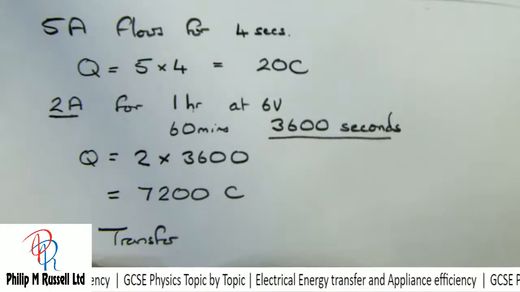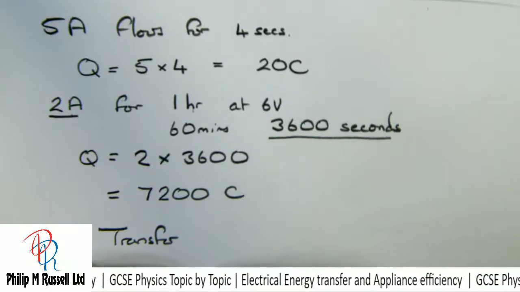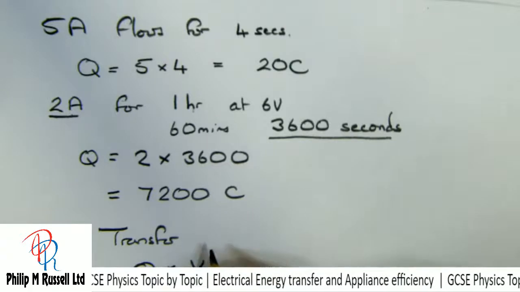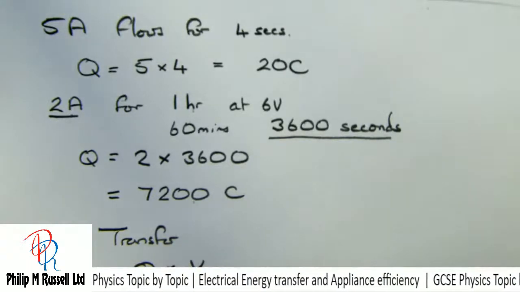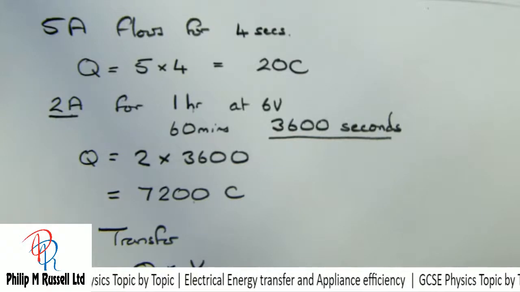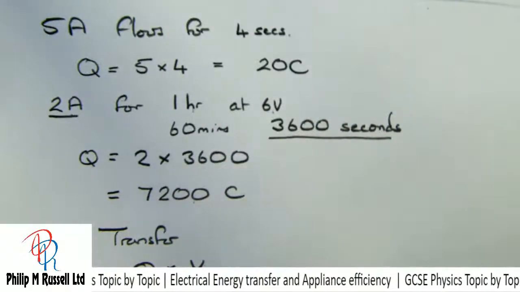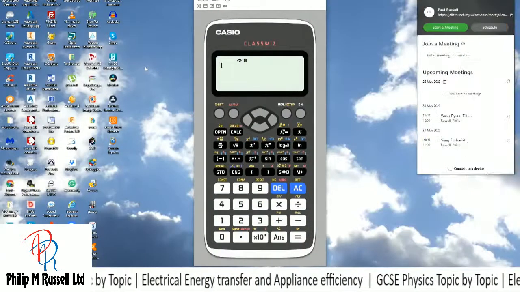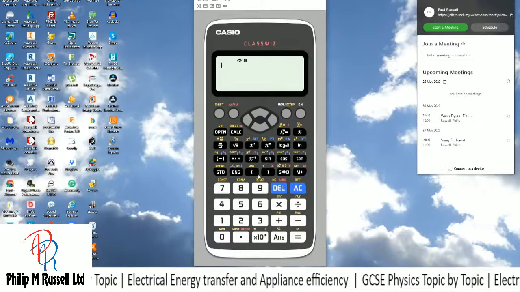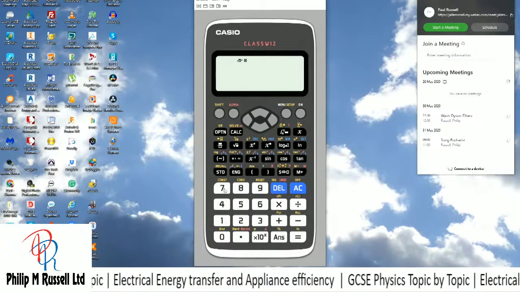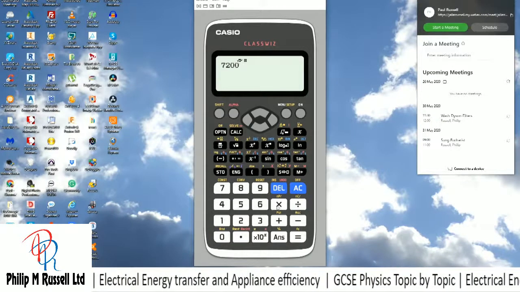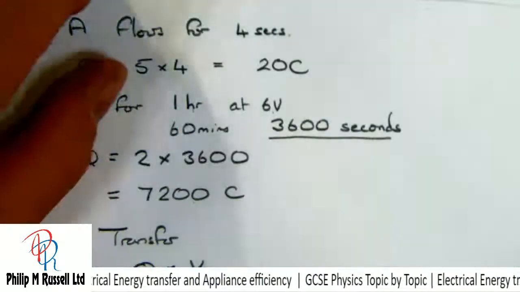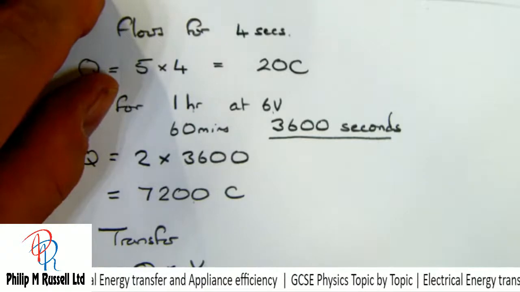So our energy transfer, E, is going to equal Q times V. I've worked out Q, 7,200, times my voltage, which I've set at 6, and for this I'm going to use my calculator to help me, and this is just going to be 7,200 times 6, which is going to give us 43,200